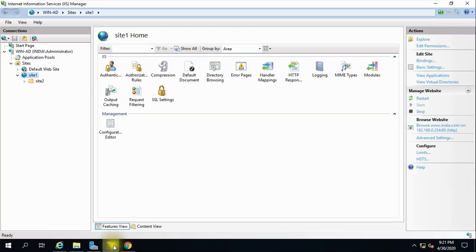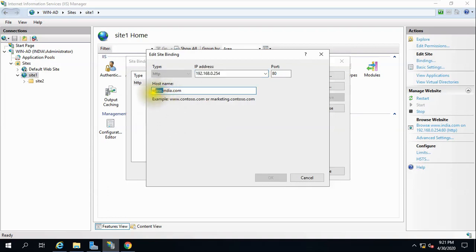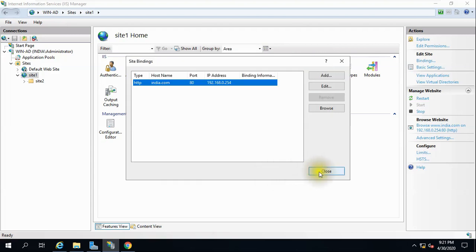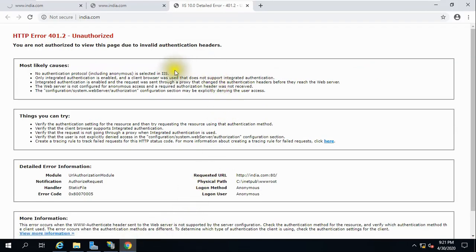Or you can remove the www from here. Go to Bindings and edit this host name, and let's try now. Let's go to this website and browse, and see what it is showing now.